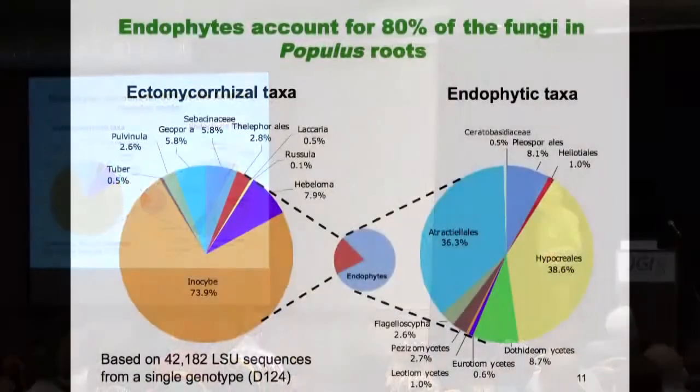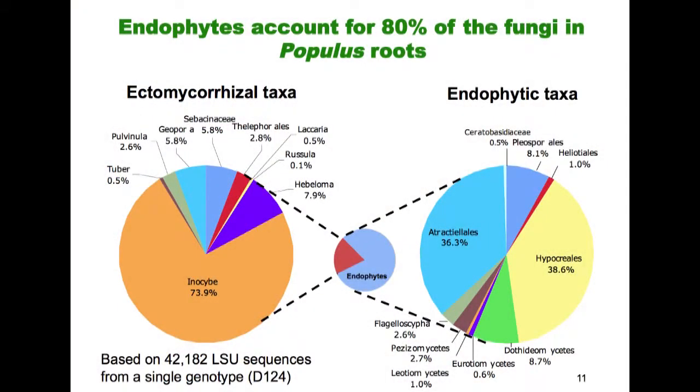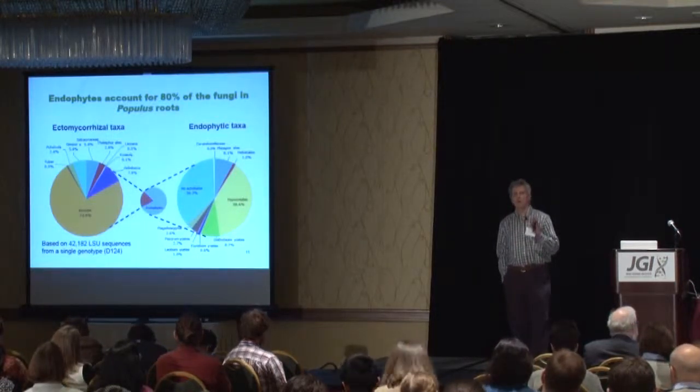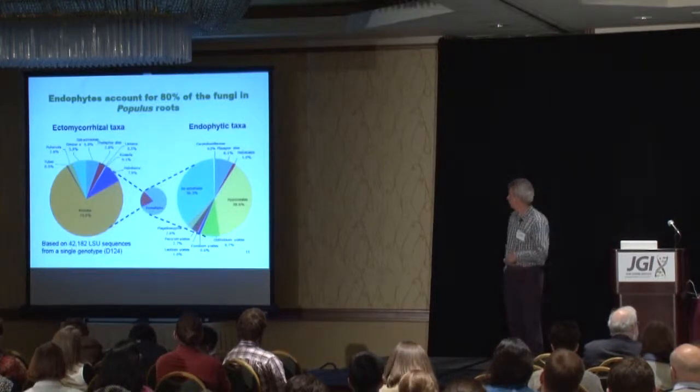So as I mentioned, endophytes account for the majority of fungi that are associated with Populus. Some of the common groups that we find are Hypocreales and Ascomycetes. A lot of these are things like Fusarium. These are potentially pathogenic fungi that are growing within the plant root. Again, asymptomatically, maybe they're laying low or something, but they are consistently present within these otherwise naked Populus roots.